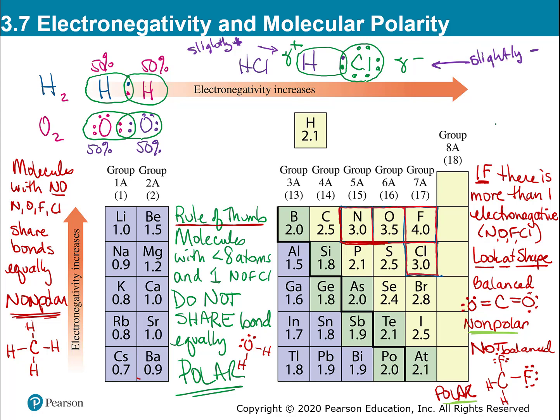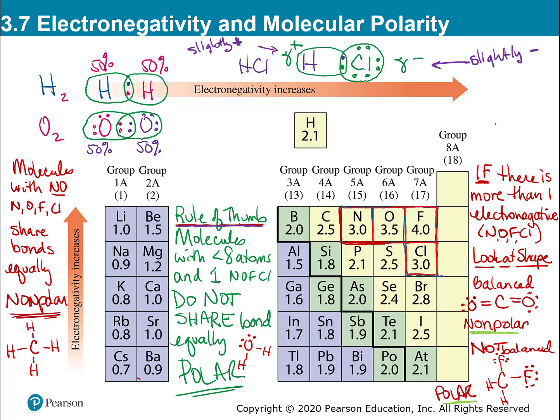That's what that little 8 with the plus is indicating. It's not making an actual ion, so we're not talking about metals and nonmetals. This is with all nonmetals and hydrogen. If you have 1 nitrogen, oxygen, fluorine, or chlorine in a molecule, then you are safe to say, as a rule of thumb,